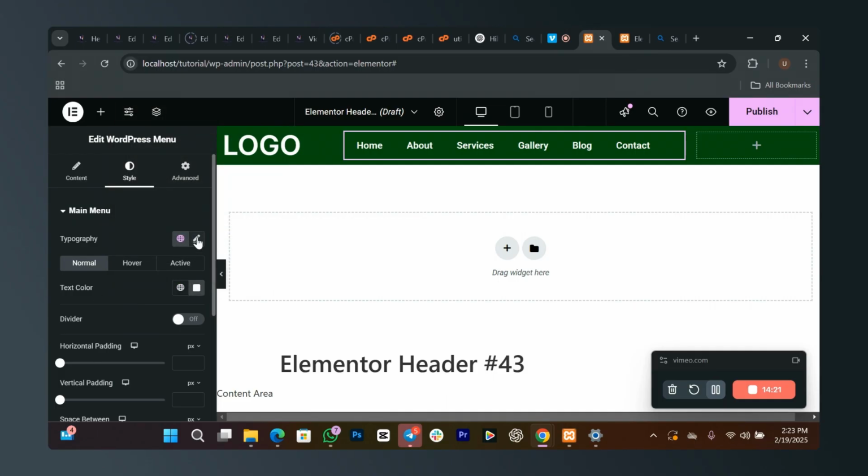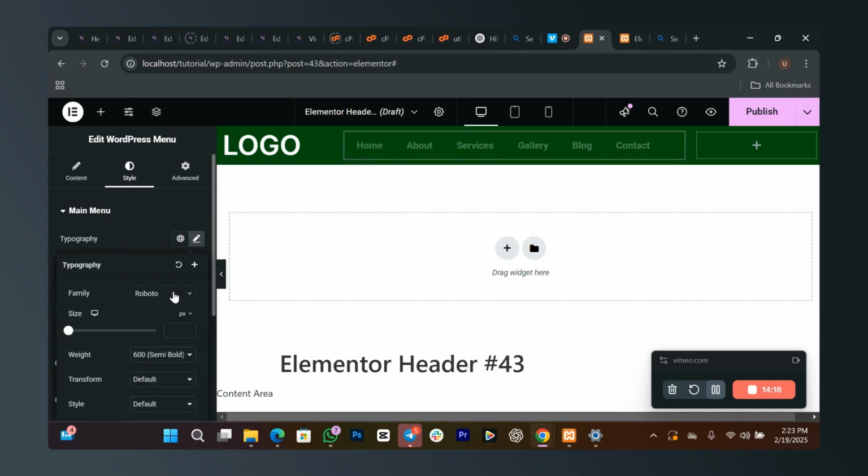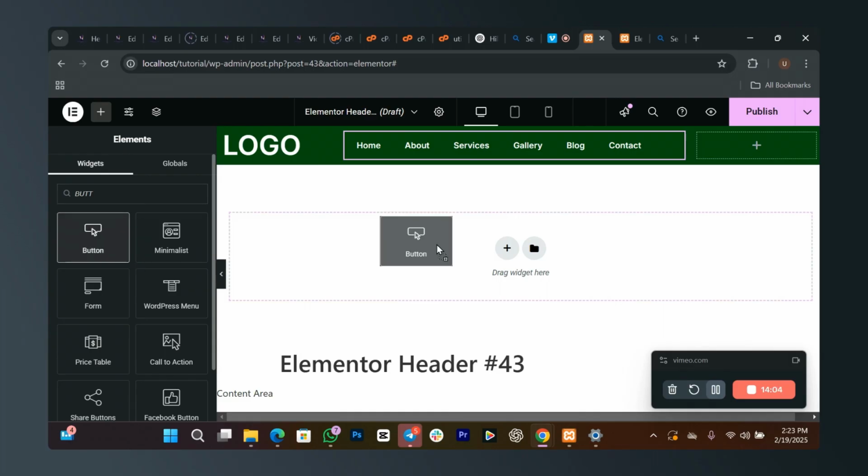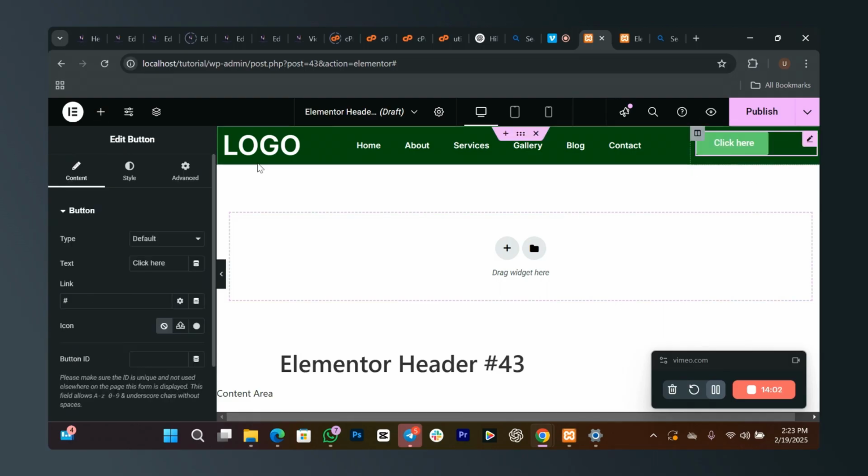Now let's change our typography. Let's come to family, font family. Let's type enter, which is this, and let's decrease the font size to like 14. Yeah, this is perfect. Now this very place, let's put a button. Just type the word button. Just drag it and come and drop it here, and you can call it